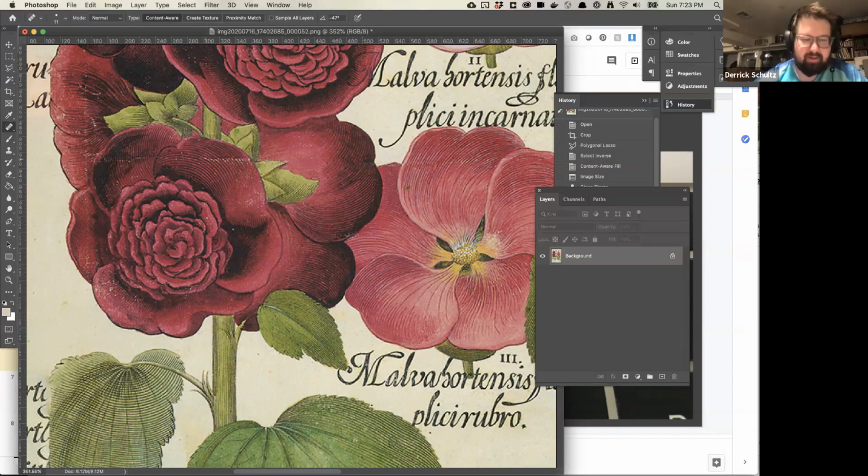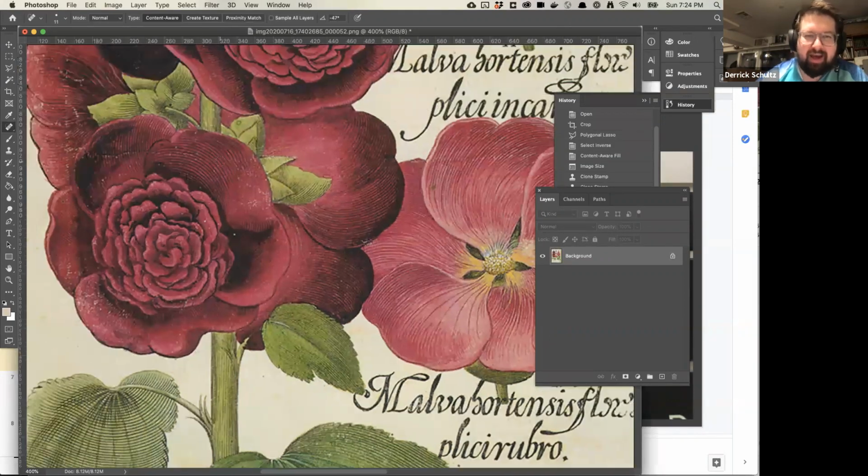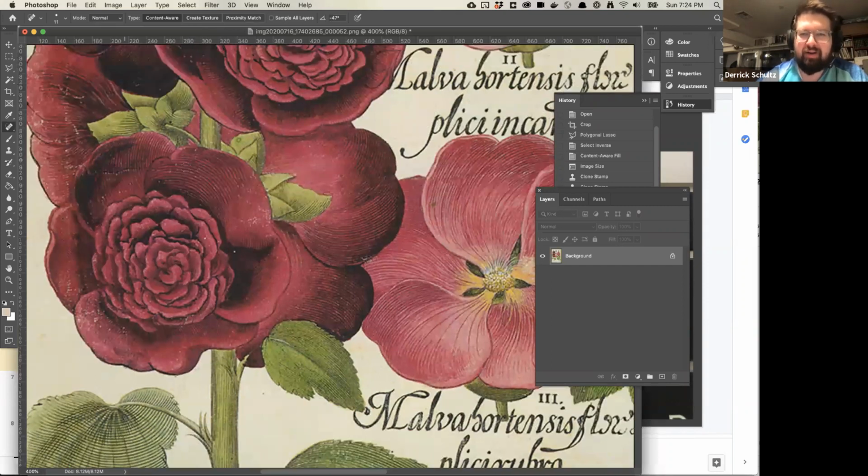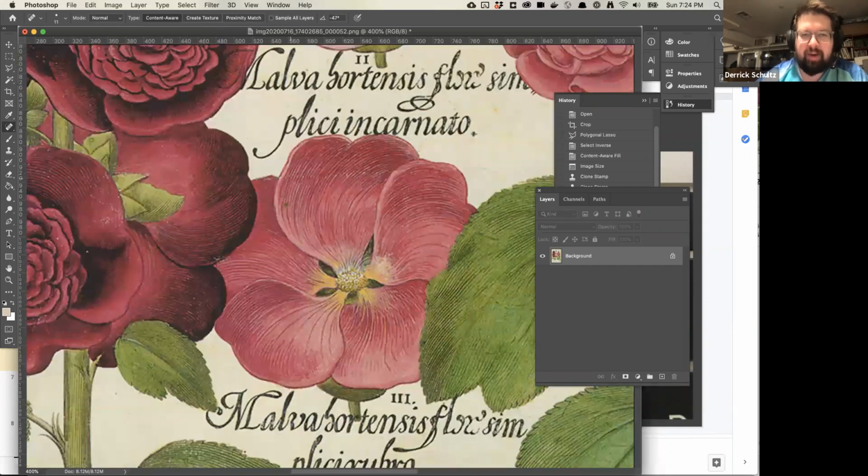Now the truth is, in a StyleGAN data set, this probably isn't necessary because StyleGAN is going to blur a lot of this and you're going to lose a lot of this textural detail. But if you're really, really particular about your data sets, you can try to remove this stuff and it will work fairly well. Now you'll notice that if you actually look at this, you can sort of see what it did there. So it's not perfect, but again, it might be better than introducing these creases into your data set.